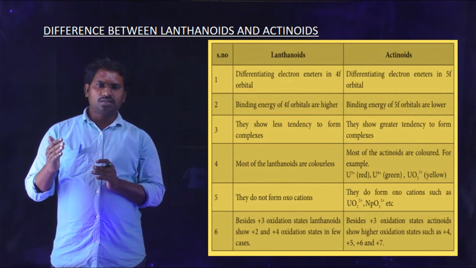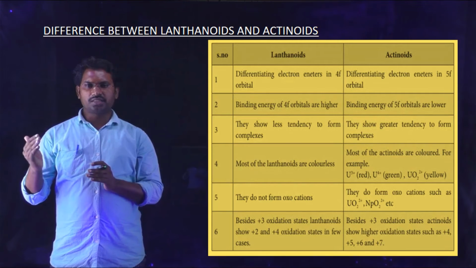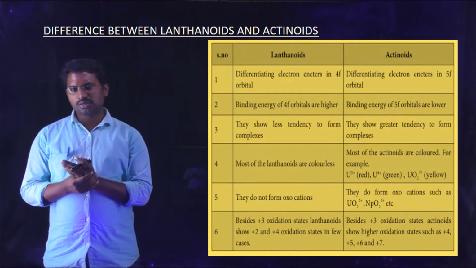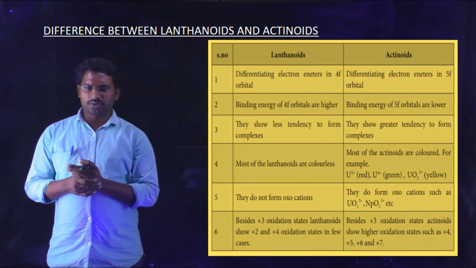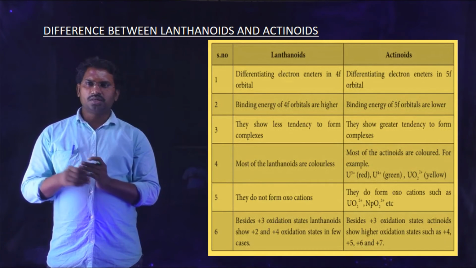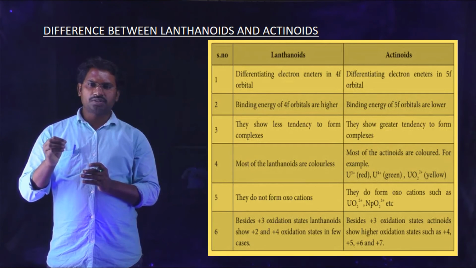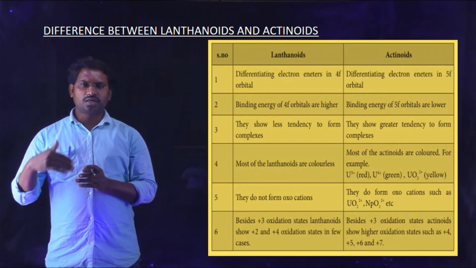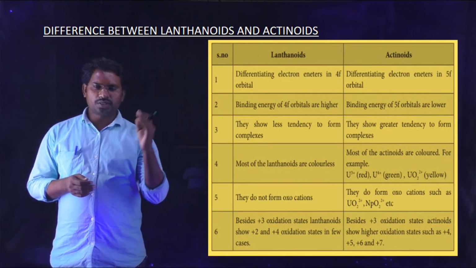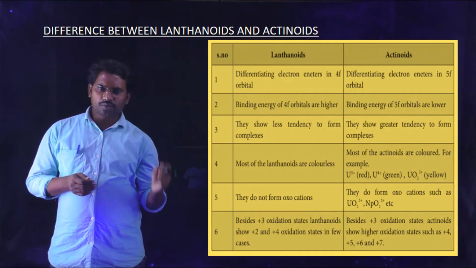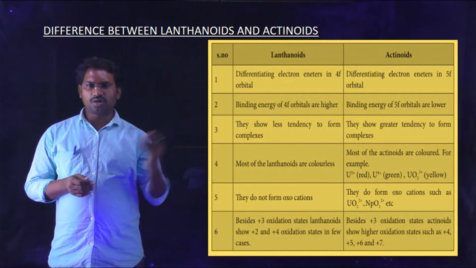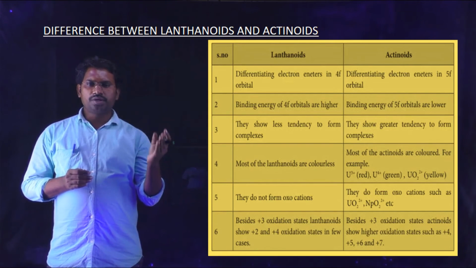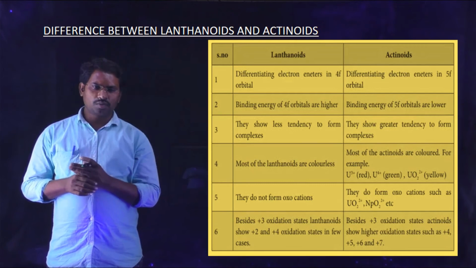If the compound is exhibiting color, the f-f transition or d-d transition takes place. In transition elements, and here also in the lanthanide series, f-f transition takes place. That means they must contain at least one unpaired electron. They absorb energy from the visible region and the electron is excited from the ground state to the excited state, and it comes back to the ground state from the excited state, releasing some amount of heat energy. That's why if a given compound exhibits color, definitely it has an unpaired electron.